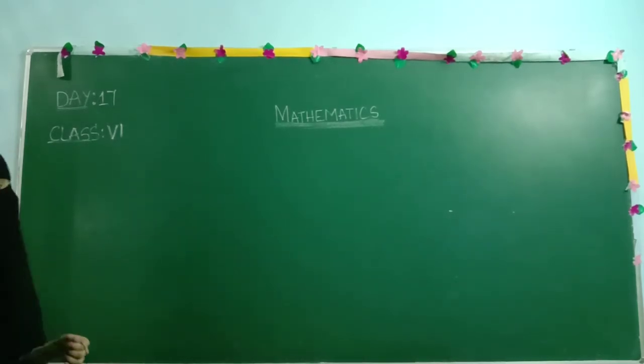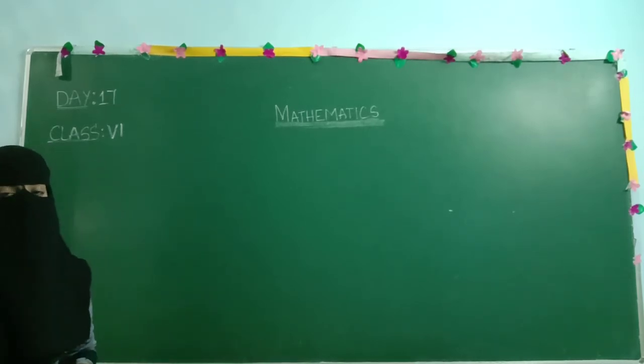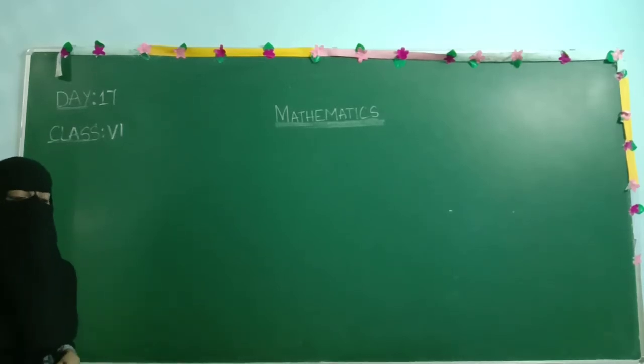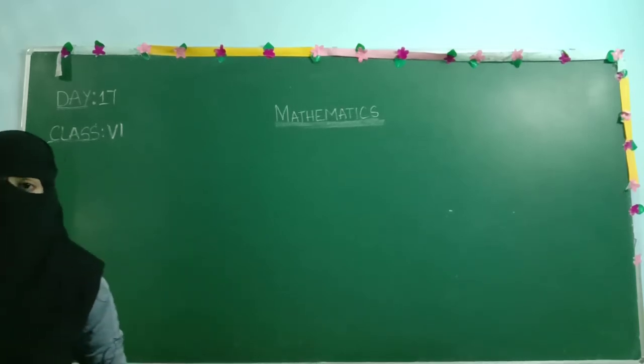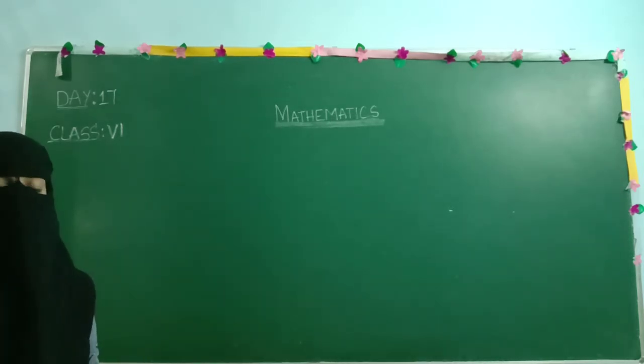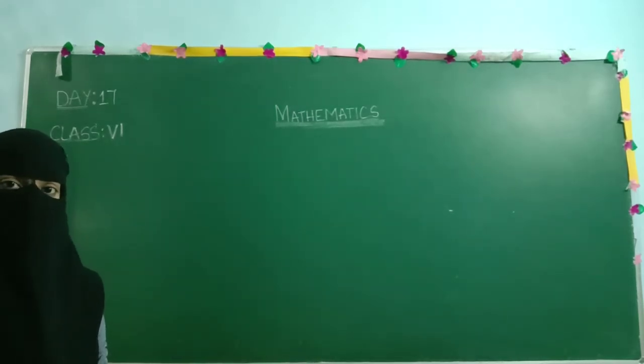So in the previous video we have studied about closure property and commutative property. These two properties we have studied, and verified whether the whole numbers are closure and commutative or not under all basic four operations. So today we are going to study about associativity, or we can say associative property, of addition and multiplication. Instead of subtraction, today we are going to study whether the whole numbers are associative or not under two basic operations, that is addition and multiplication.